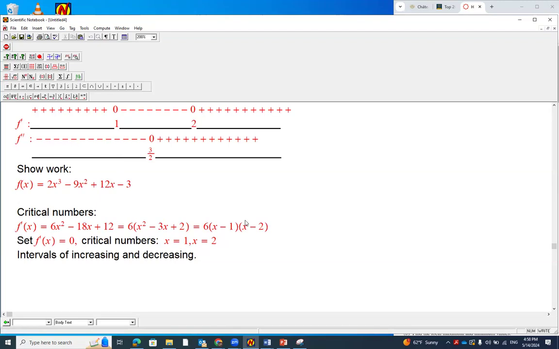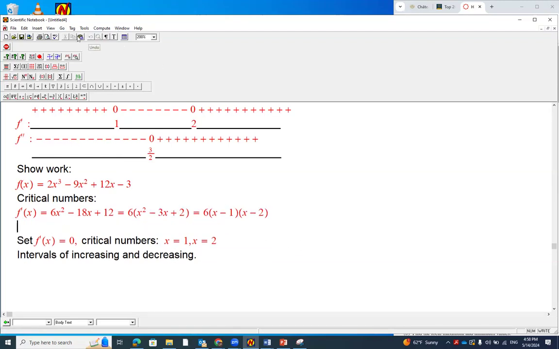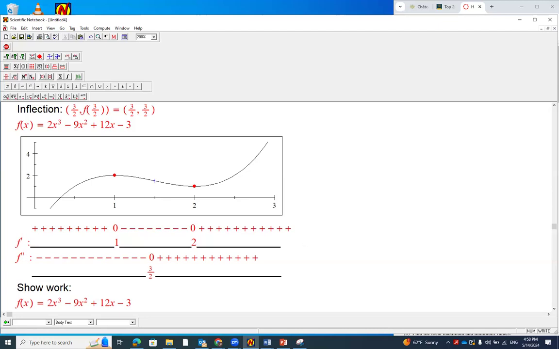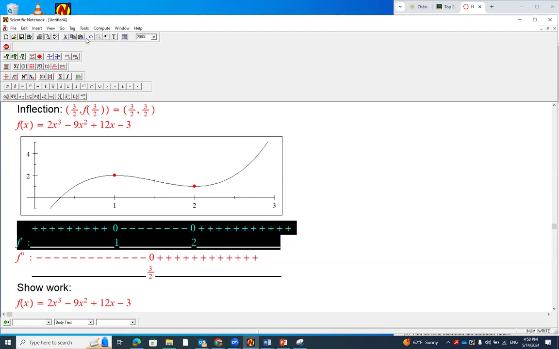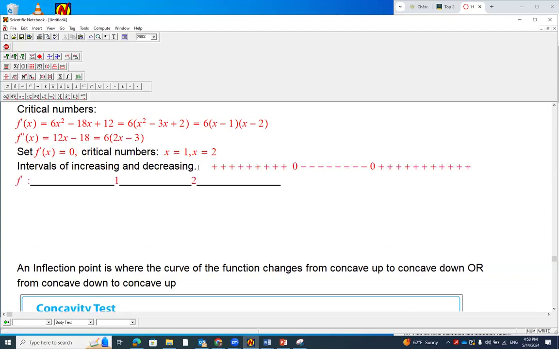When you organize your work, you have your concepts clear, okay? So for your first order derivative,